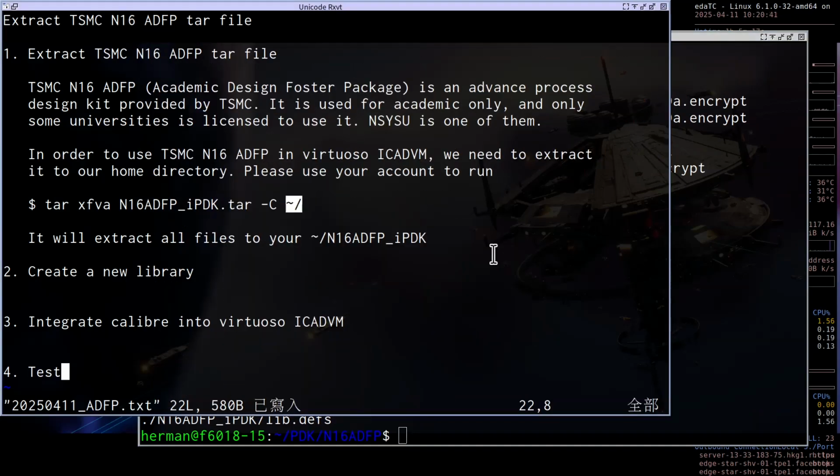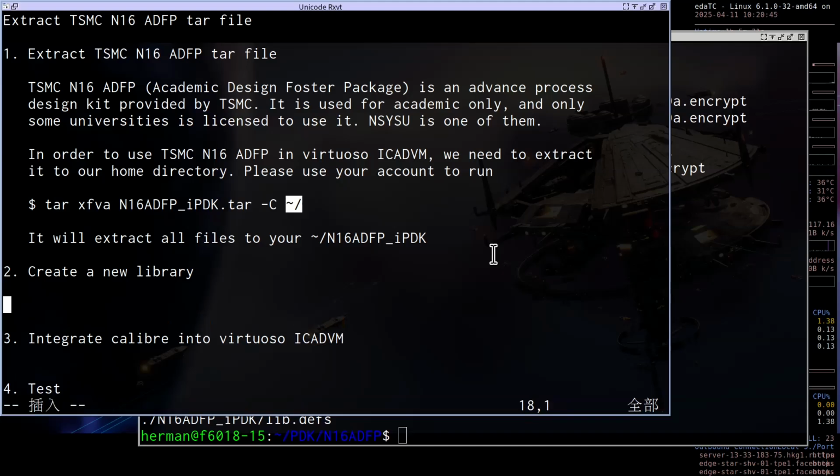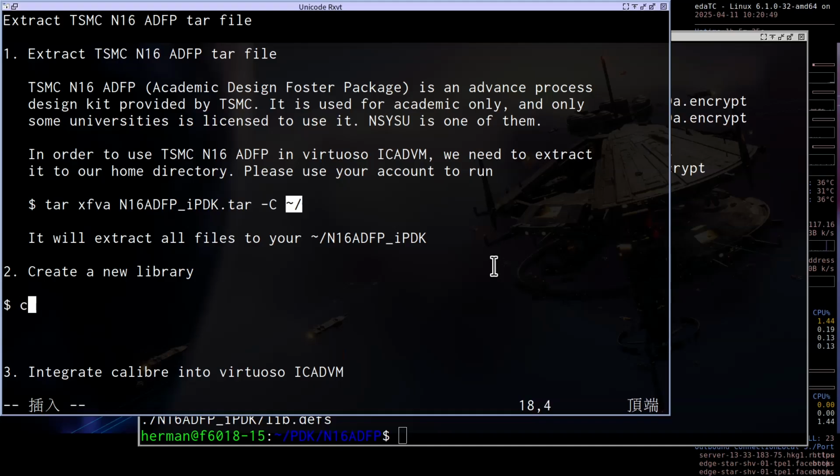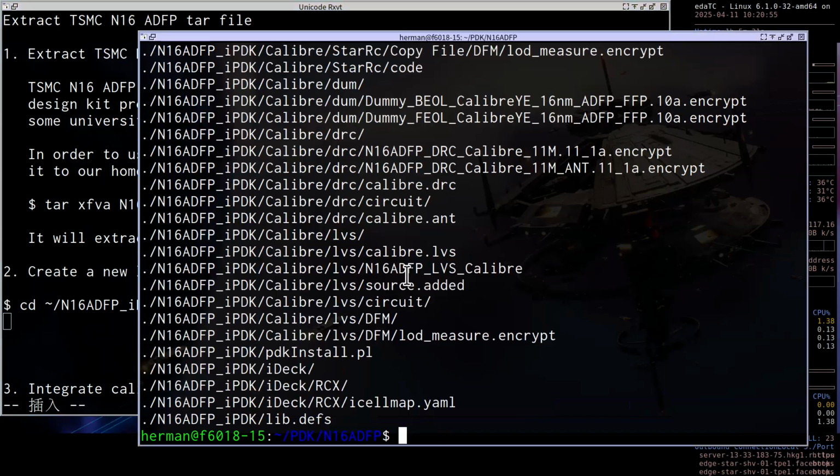Then please follow my steps to create a new library. First, please type cd N16 ADFP IPDK.